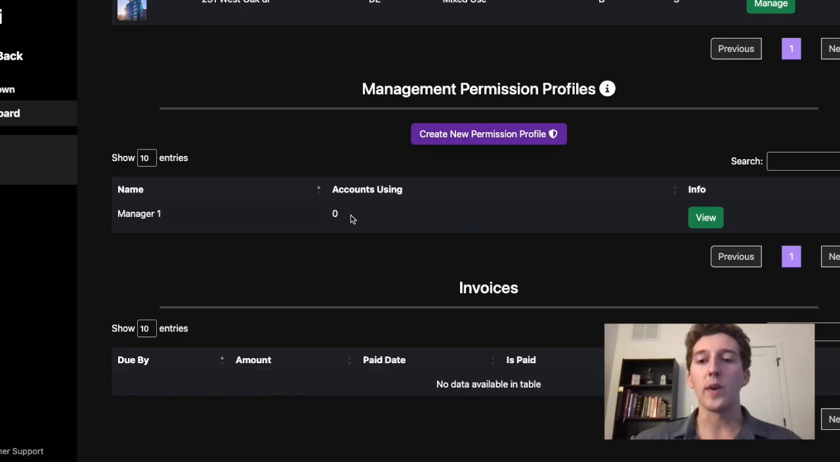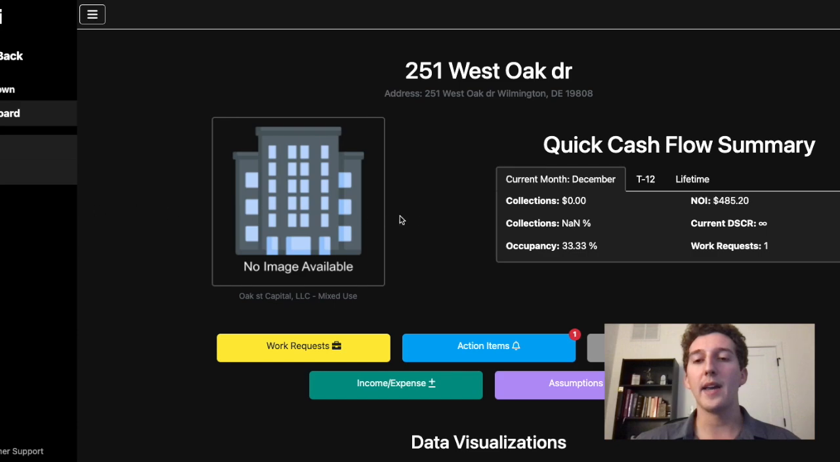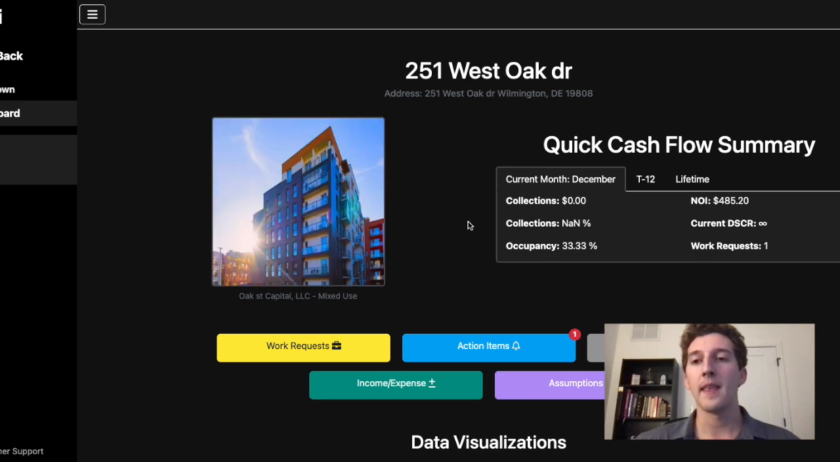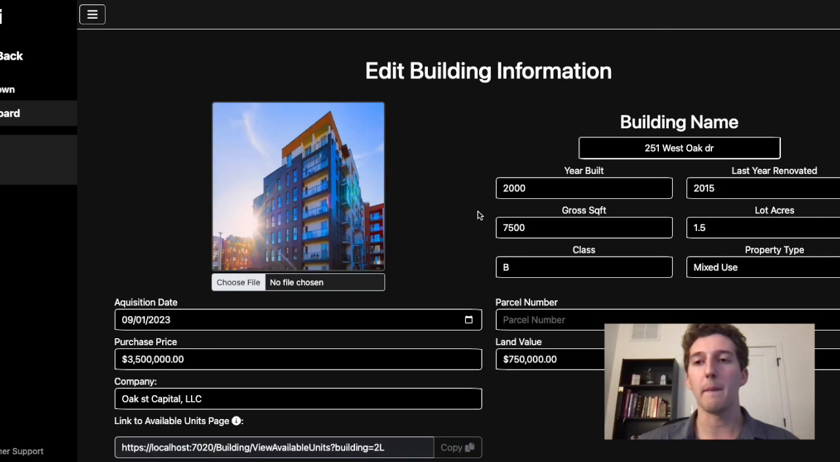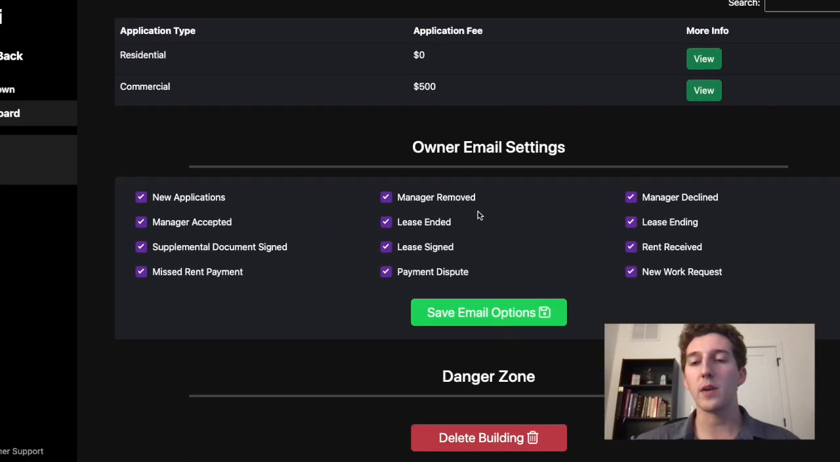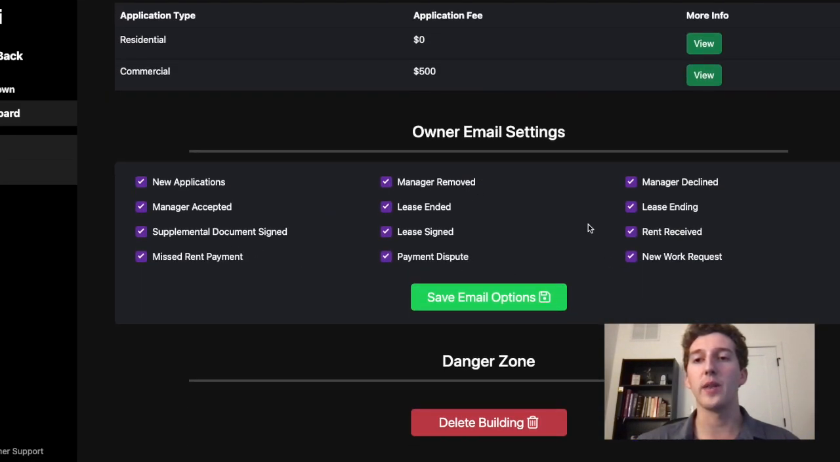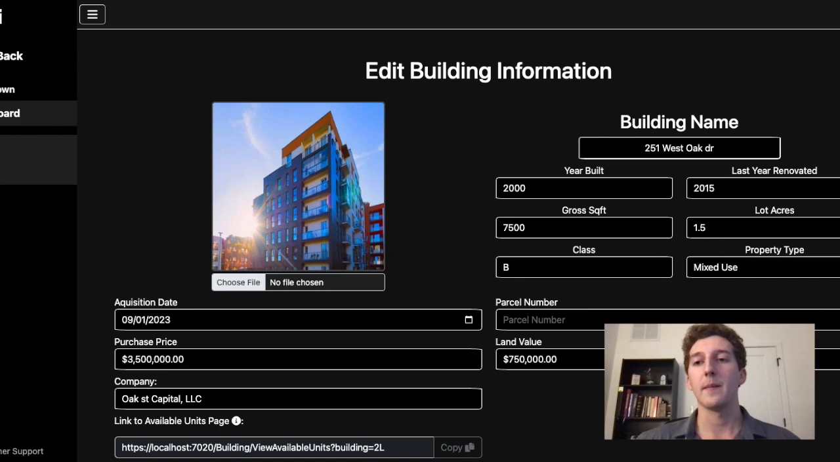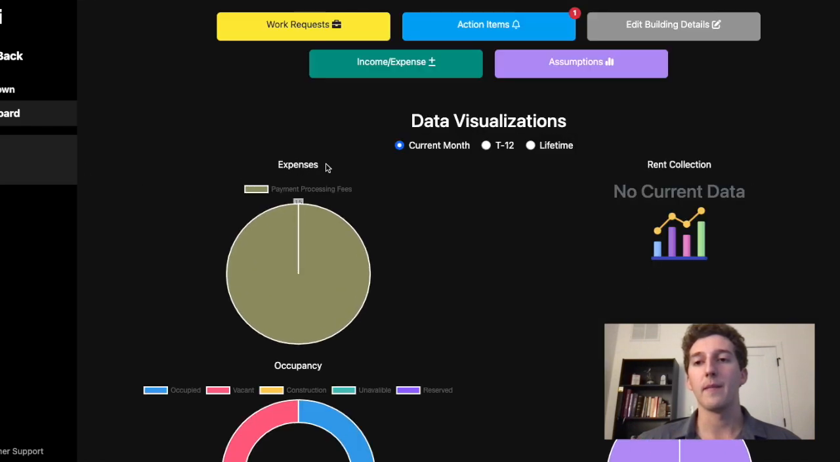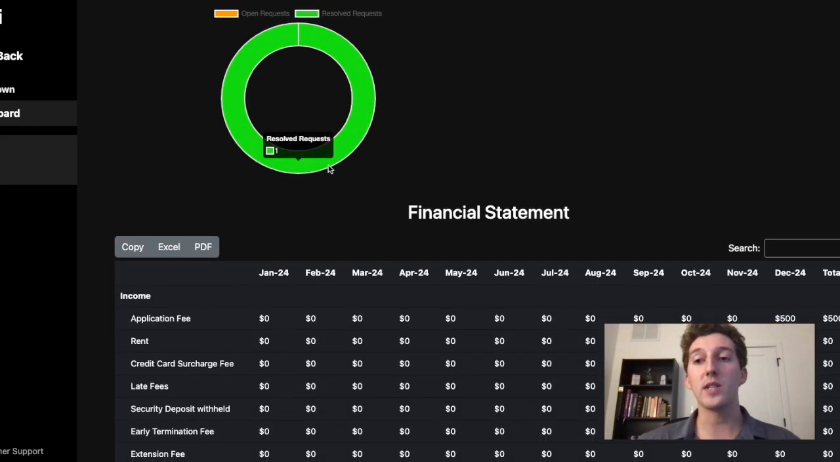Now we can see that our profile is there, and we'll jump back to our building. Now at this time, we can scroll back down to our management page. But first, we're going to take a quick look and show that the owner email settings are right here, so you can always configure what sort of information you want to get. So now continuing back down to the management screen,